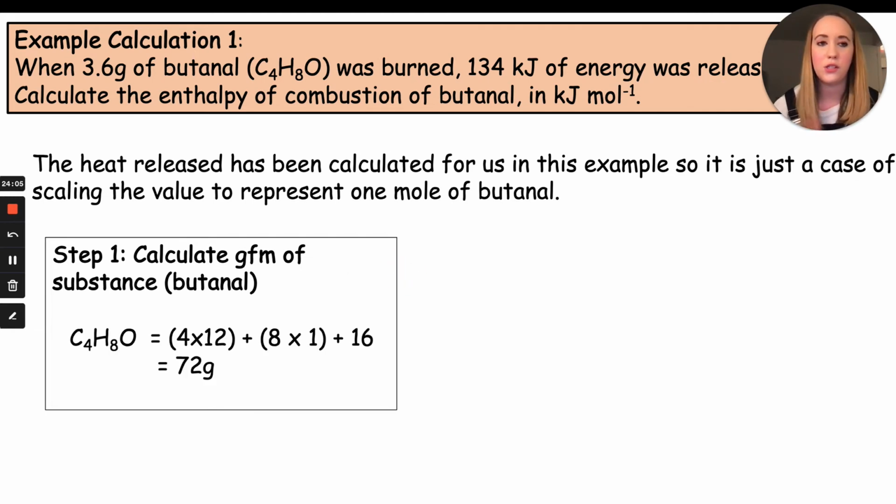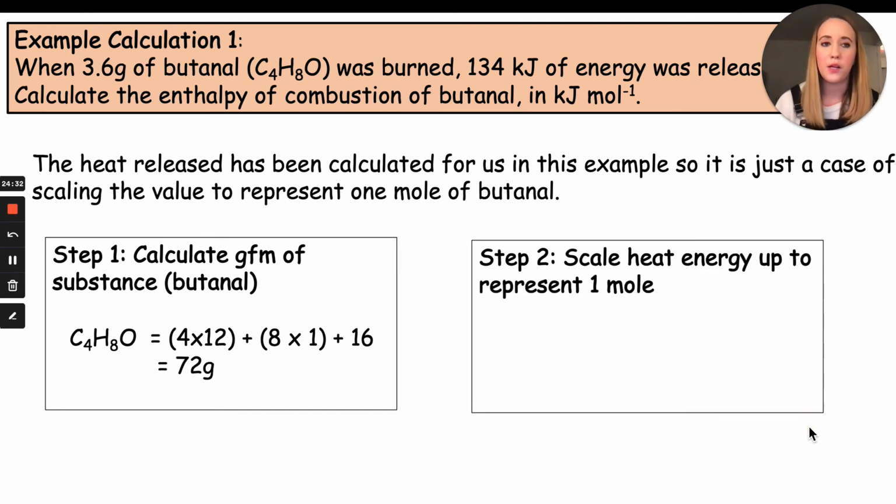Just exactly as you would do for any other substance, get your relative atomic masses from the data book and add them all together. For butanol, that works out as 72 grams. So now we know the mass of 1 mole of butanol. We're going to be able to use that to scale up from the mass that we've actually burned. Okay, so step 2 is just a simple proportion calculation or scaling,